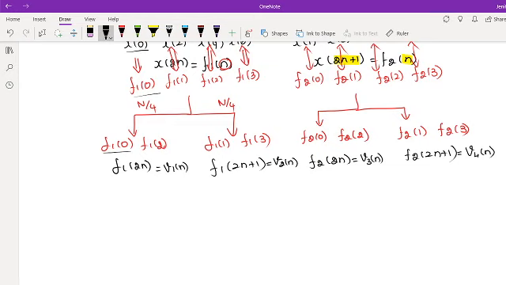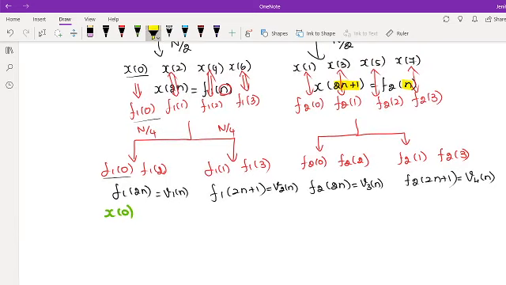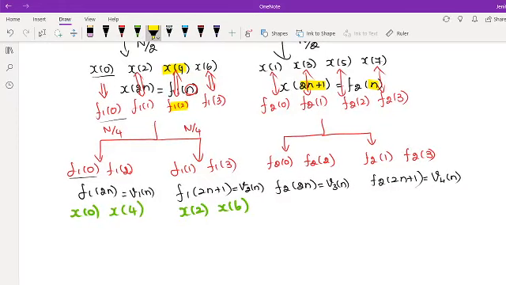Now if I am finding the X equivalent for this, F1 of 0 equivalent is X of 0, and F1 of 2 equivalent is X of 4. So the even part has the terms X of 0 and X of 4. The same way the next two terms, X of 2 and X of 6, are in the odd part. The same way here, in the even representation, F2 of 0 is equal to X of 1 and F2 of 2 is equal to X of 5. The other two are presented in the odd grouping, that is X of 3 and X of 7.